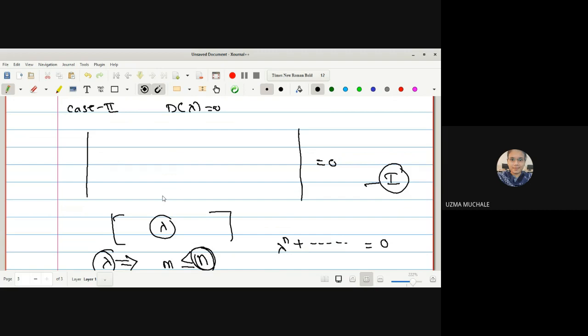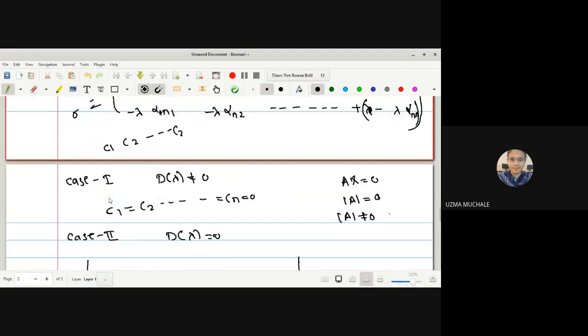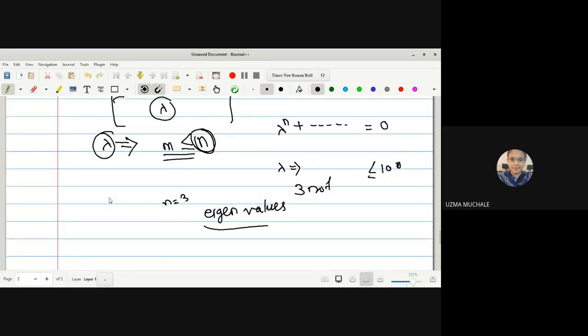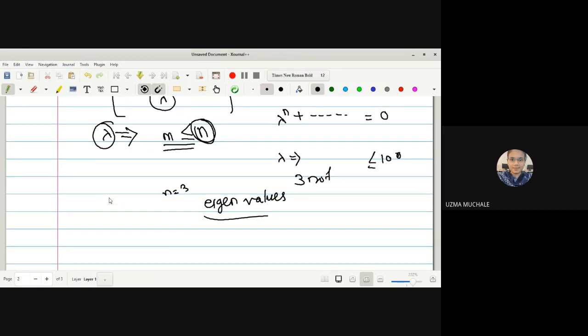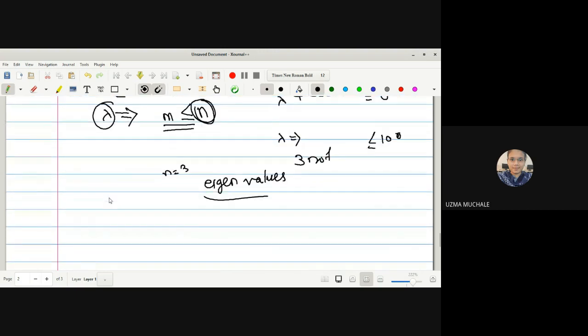If you are going to solve this determinant for lambda, you can see here, we have to solve this determinant for lambda. Assuming that, let us take it equal to 0. After solving this, what we can get is that the degree of this lambda may be at most n. That means we are going to get at most n roots of our equation, and these n roots are nothing but your eigenvalues. Hence, we are getting the two cases, that is either we have a trivial solution or a non-trivial solution. For different values of lambda, we get different non-trivial solutions.